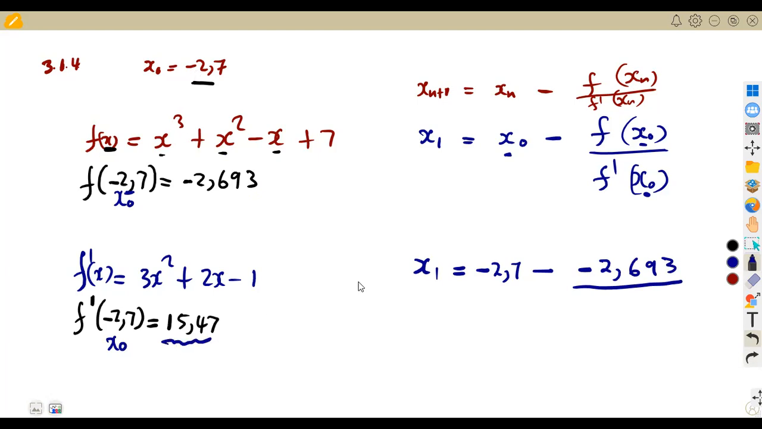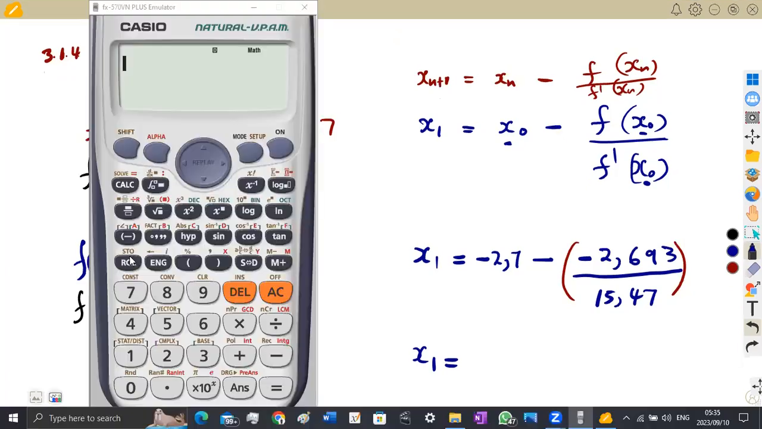So we're going to obtain 15,47 from there. So this is the whole part that you are supposed to simplify now. That means our first approximate value in this case could be taken from this formula. So from our calculator here, we are going to have negative 2,7